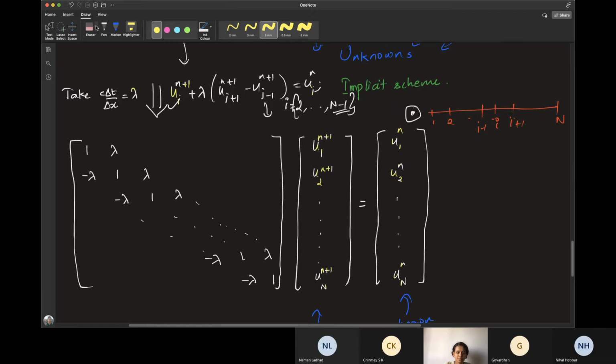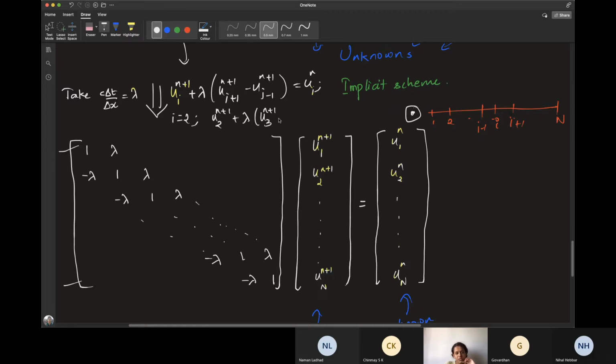Now if you look at this equation, I think it's straightforward. Just don't consider the first and last rows, just look at the other in-between rows. If you're writing this equation for u_2, I'll now consider i to be 2. So now I'm writing the expression for u_2.